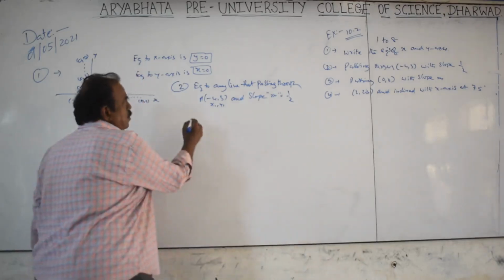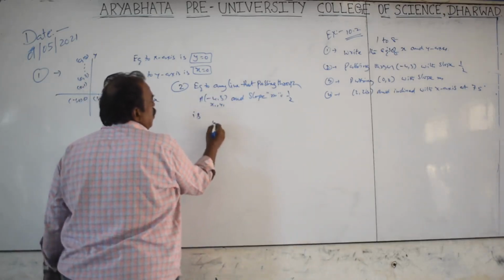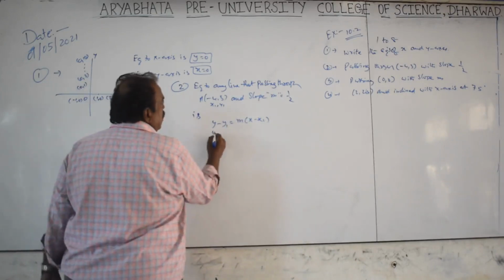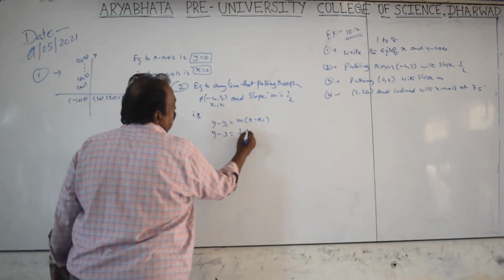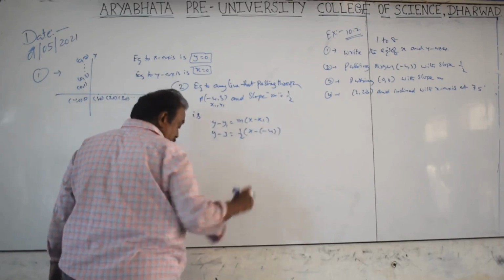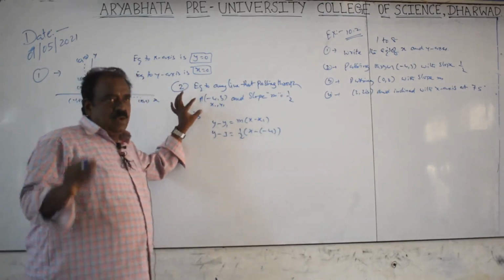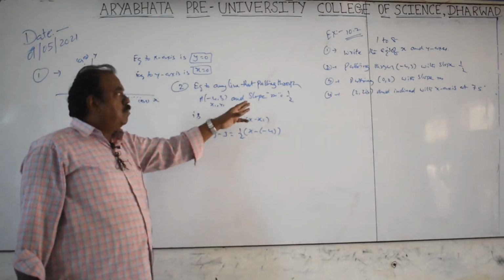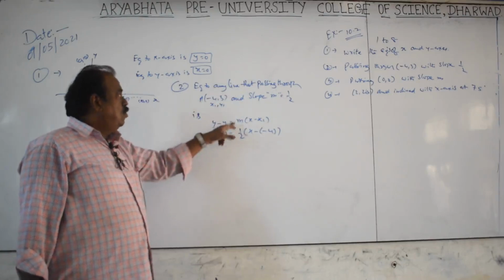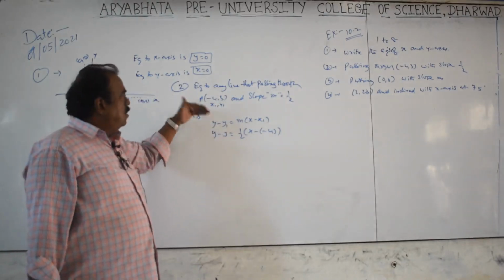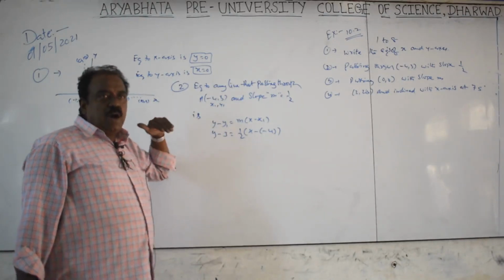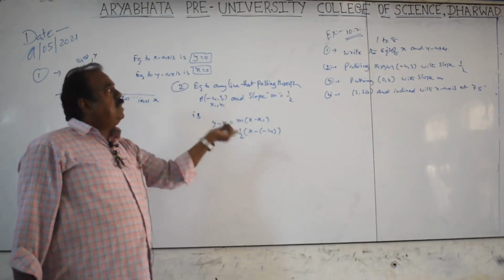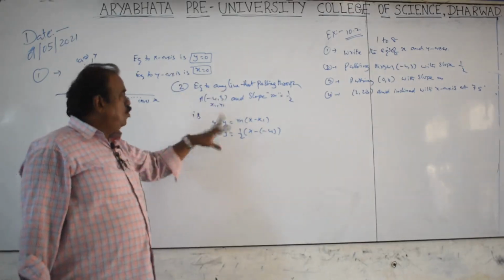by 2. The point slope form equation is y minus y1 is equal to m of x minus x1. Y minus 3 is equal to m, which is 1 by 2, into x minus of minus 4. Here you have to remember the point x1, y1, which is x1 and which is y1, and the slope m is given as 1 by 2. We substitute in this. Just remember which formation of line is used in this problem. Point and slope are given, so the point slope form is this one.